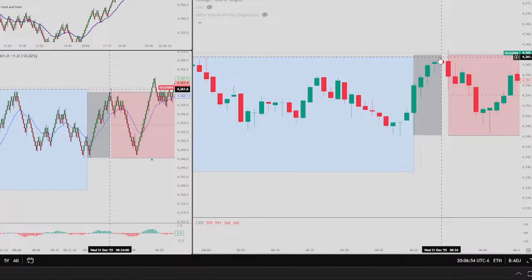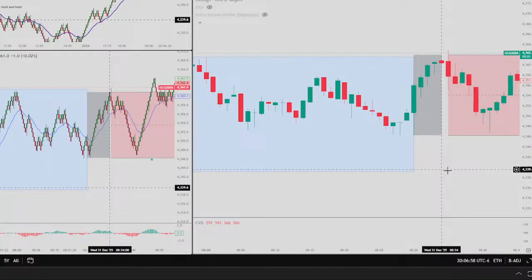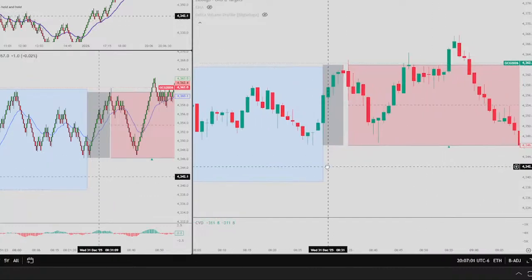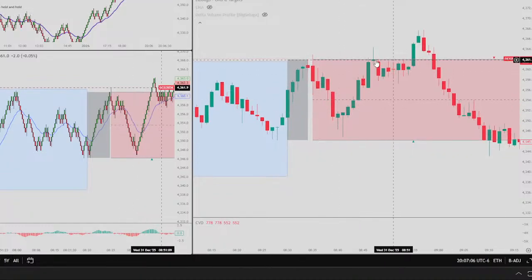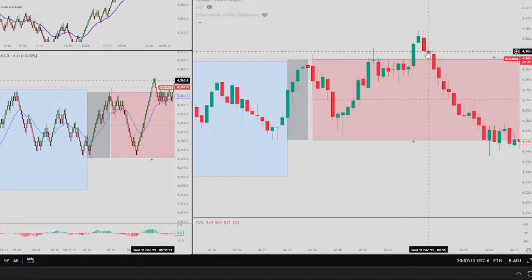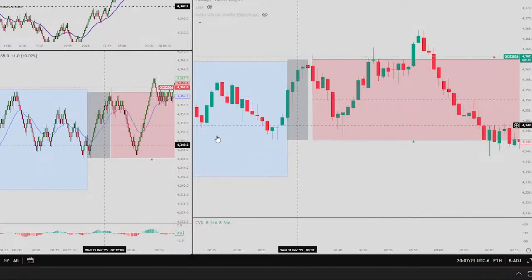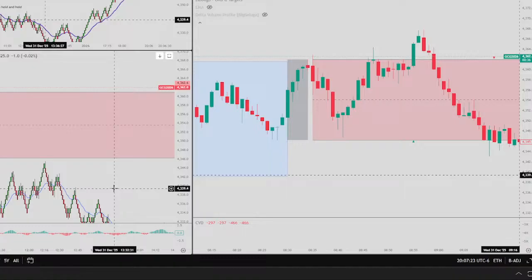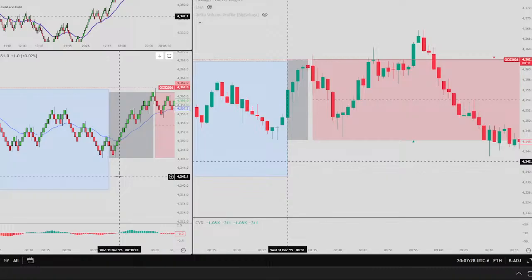And then what did we do? Sold off. Sold off. We didn't get back down to the bottom. Well, at least not at that time. We did a wick. So we did a wick, and then a big sweep, probably even a fake out, and then we came back down. But we don't care about that because we are not trading this. We're only using this to diagram. This is where we're taking our trades. I say we, I meant me. So